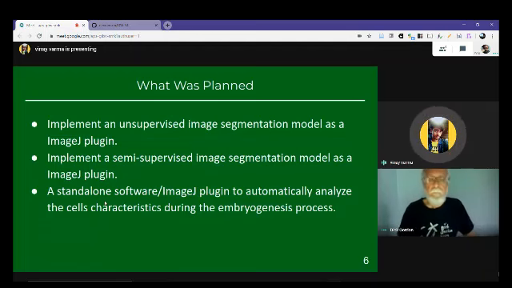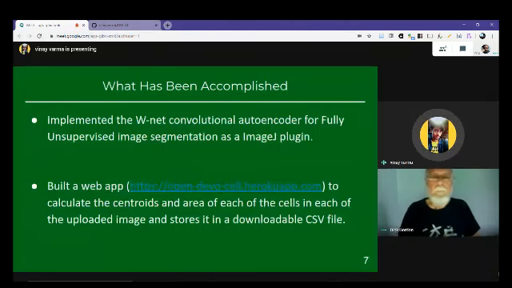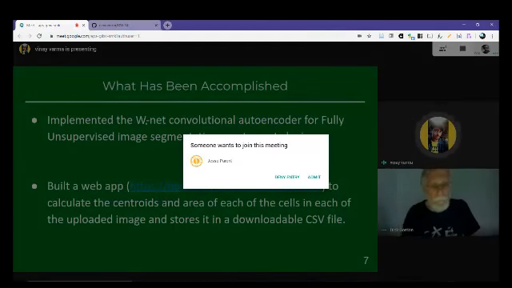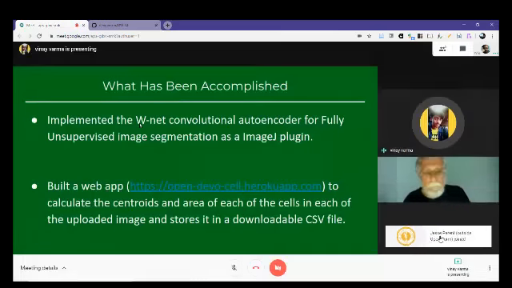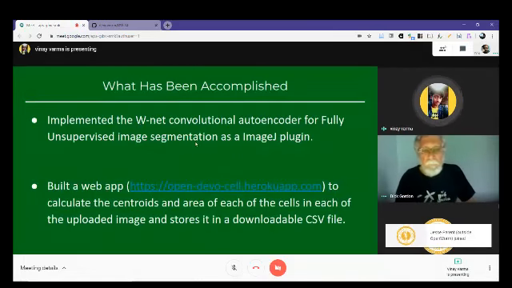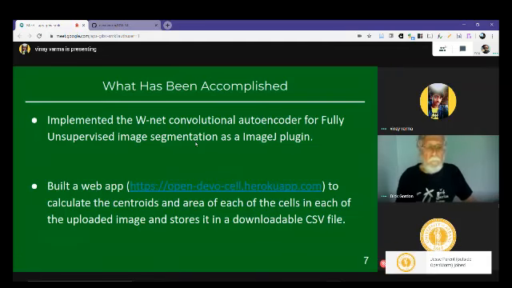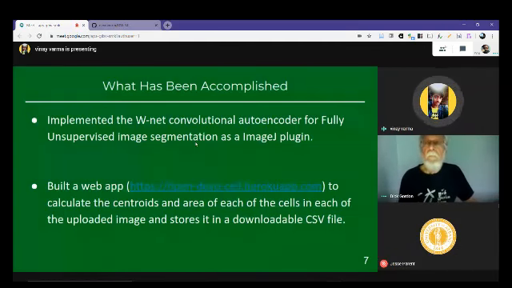And what has been accomplished? I spoke about this WNet convolutional autoencoder, right? So it is the unsupervised image segmentation. So basically what happened is that when I tried to implement this WNet convolutional autoencoder, I faced